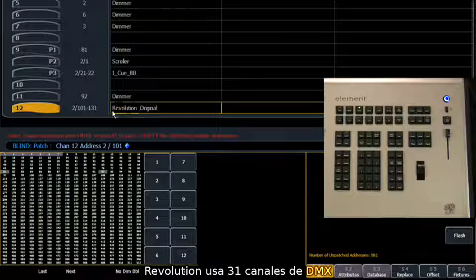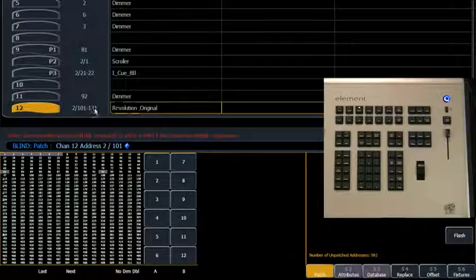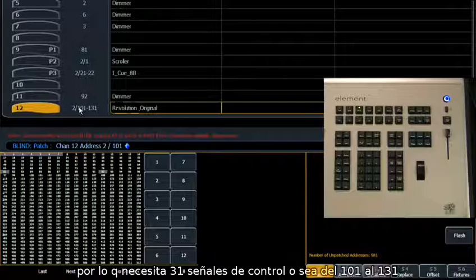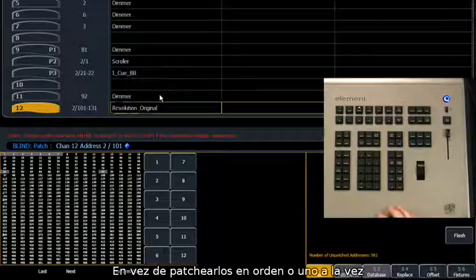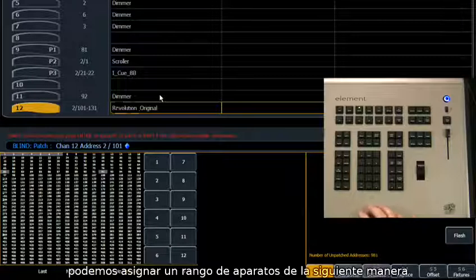Revolution is a 31 DMX value device, so it needs 31 control signals, so 101 to 131 populates that. Rather than having to patch them in order, or patch one at a time, we can also do a range